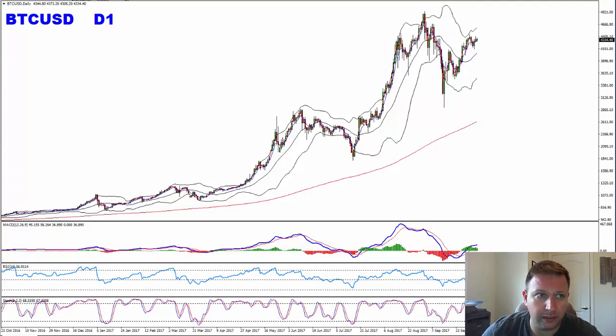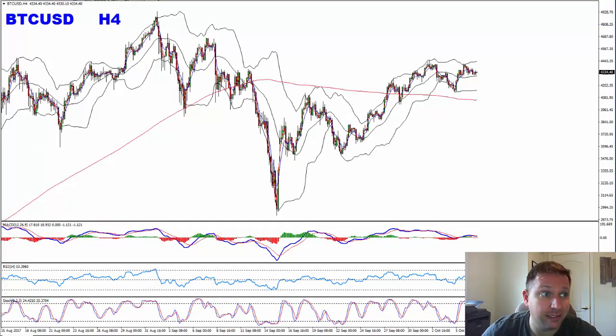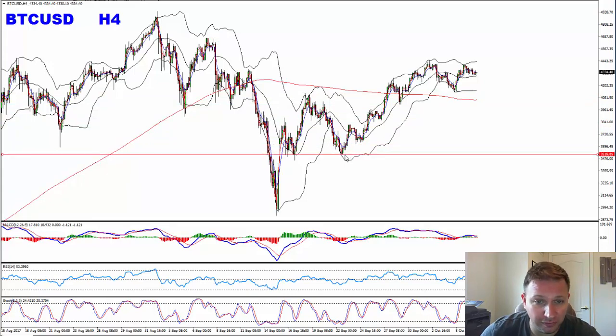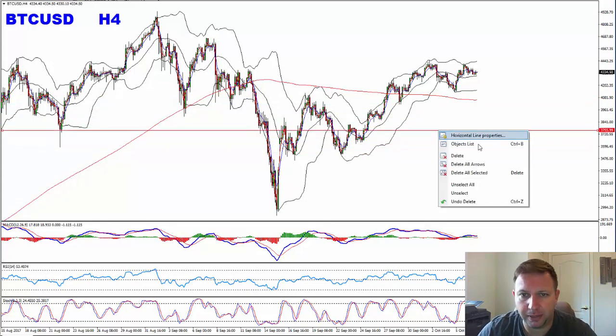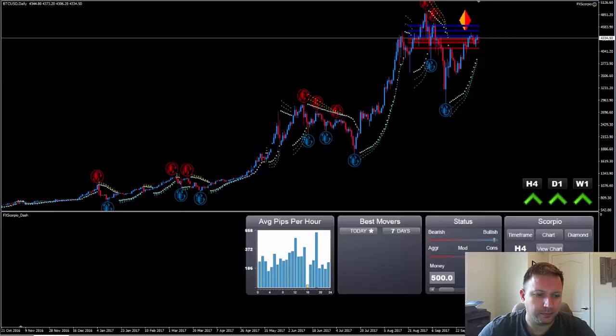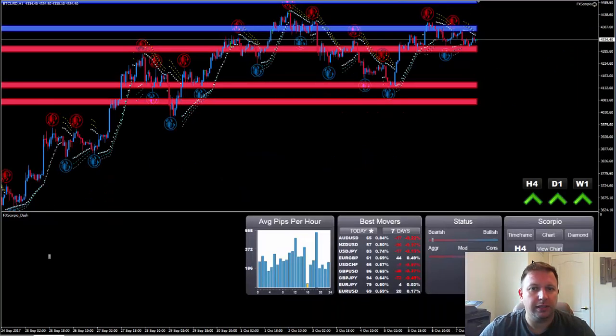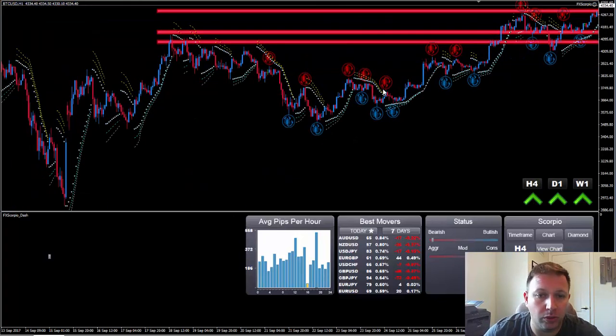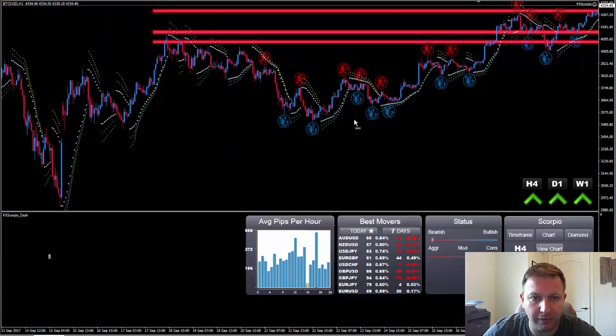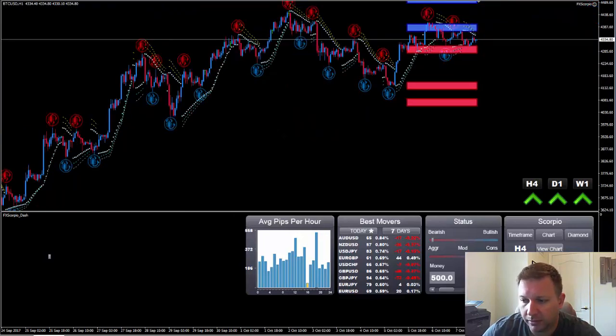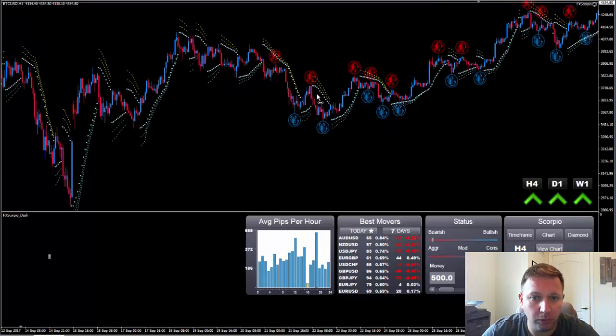opportunity. What I want you to pay attention to is the psychological levels on the pairs. You can see here 4,100, you can see here 40,000, you can see here 3,600, 3,500. Psychological levels have a lot of impact on trading here, and Scorpio, for example, is something that allows us to ride these opportunities. Because the natural behavior here is bullish